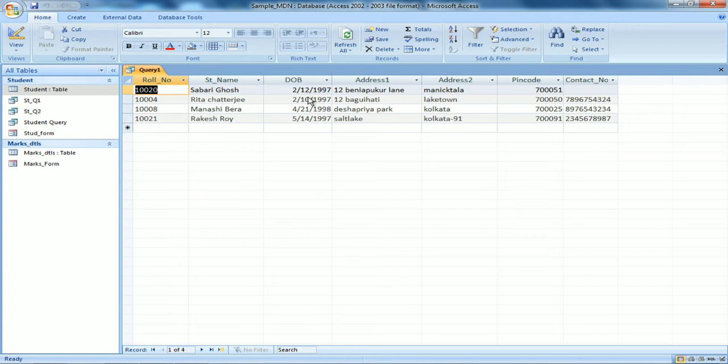This is called selection of particular records based on some criteria. So based on some criteria, we have given a query, and based on that query our results have been retrieved. So this is taken care of by the database management system only. Now let me do some other query.